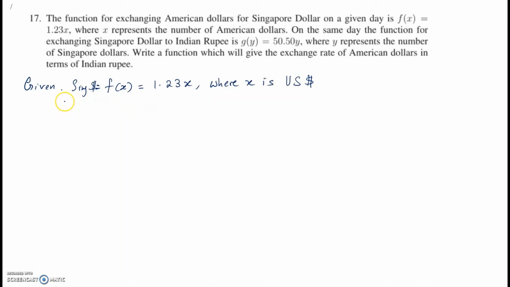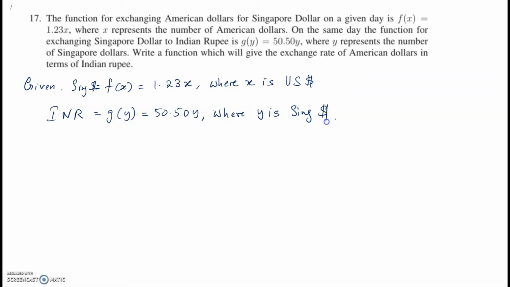Similarly, what you're also given is Indian rupees. I'll call it as INR, is equal to g of y, which is equal to 50.50y, where y is